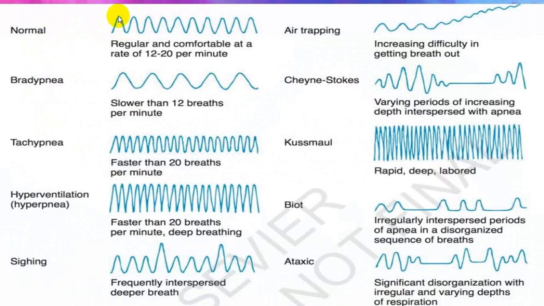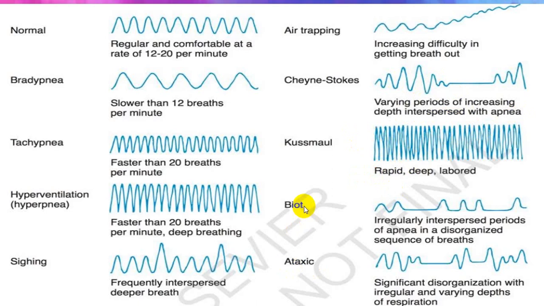Normal, where you will have a regular inspiratory and expiratory phase. In bradypnea, the rate will be less than 12. In tachypnea, the rate will be more than 20. And in hyperpnea, rate as well as depth both will be increased. In case of Cheyne-Stokes breathing, there will be gradual increase in the rate and depth, followed by a pause we call the apneic pause. In Kussmaul's breathing, you will have rapid breathing, that is hyperpnea, tachypnea, and you will have a sweet odor that is very typical of diabetic ketoacidosis.